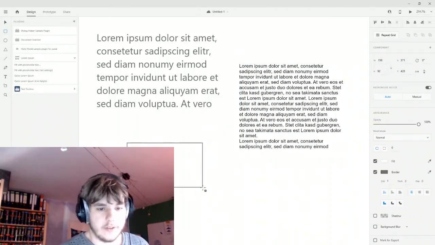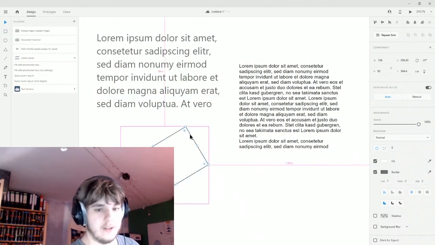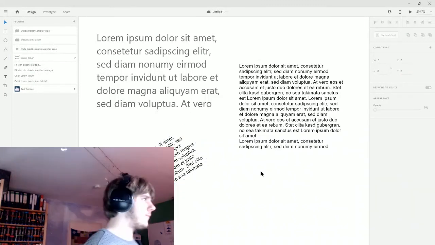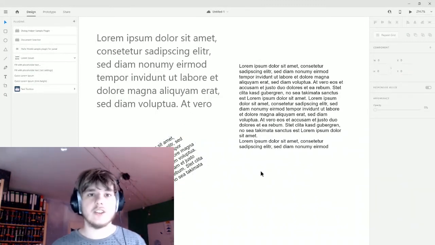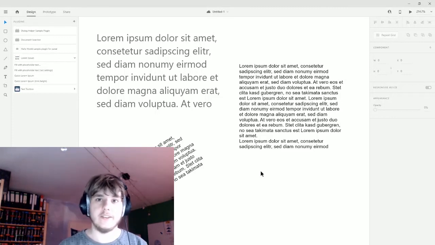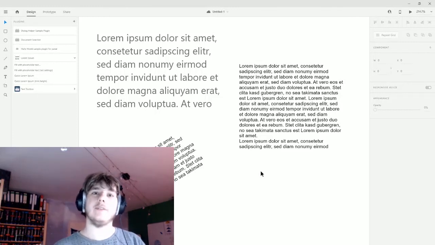This, by the way, also works if you have a rectangle which is, for example, rotated in some strange way, as you can see here. Aside from that, there were also a lot of smaller bugs fixed, which are, however, too small to go into detail about here. This then already does it for this version.